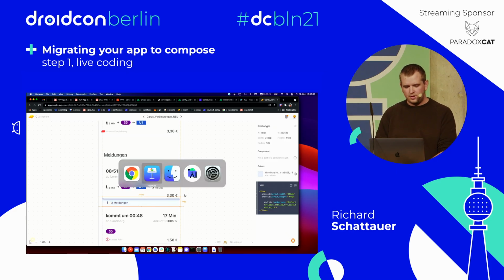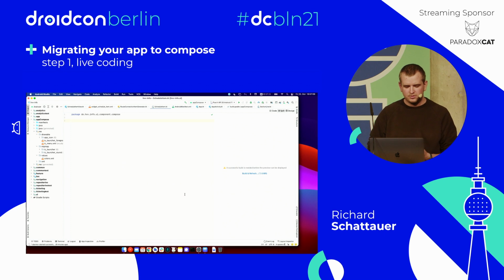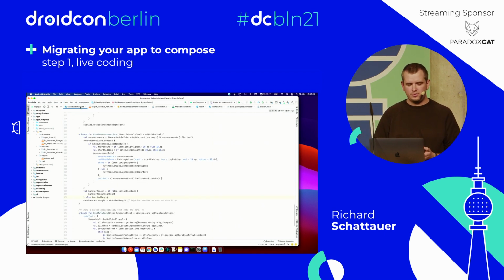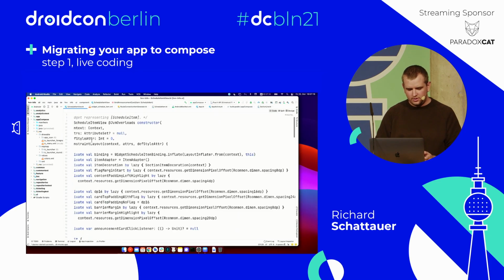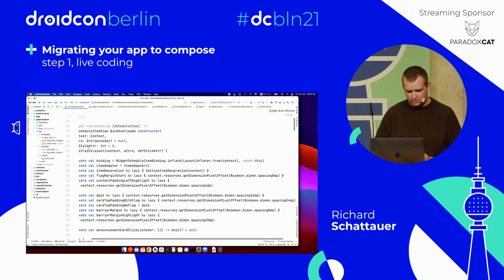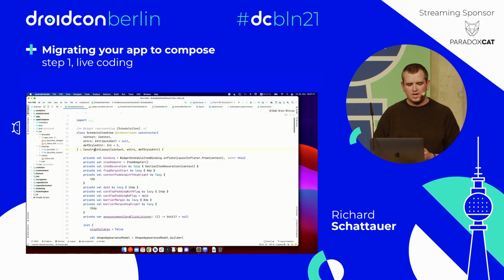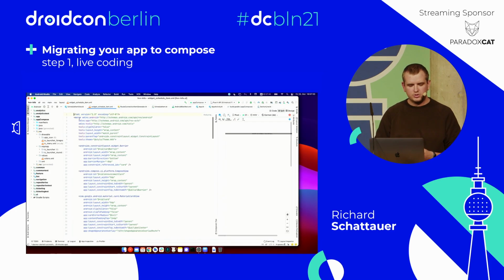Good. So where do you usually start with such a design component? By looking at your current one, right? So what you have is maybe this schedule item. This is what we call the schedule item view, and in itself it is a constraint layout. And then the binding is this layout here, which just merges the content inside. So this is the way we use Android for our design components.